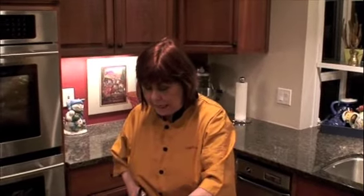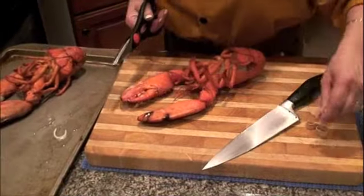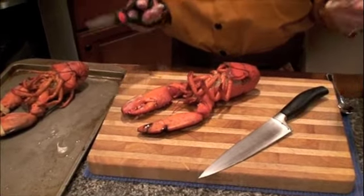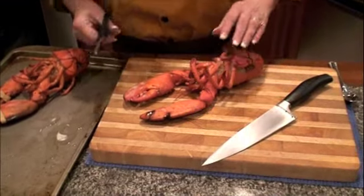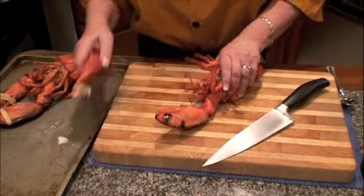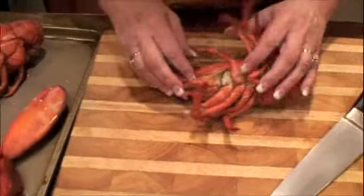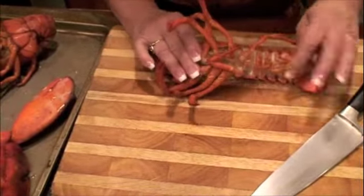Okay, now we're ready to cut up our lobsters. We're going to start by taking off the rubber bands that they put on to keep the lobsters from hurting you and hurting each other, actually. And we're going to grab the claw meat off, and then we are going